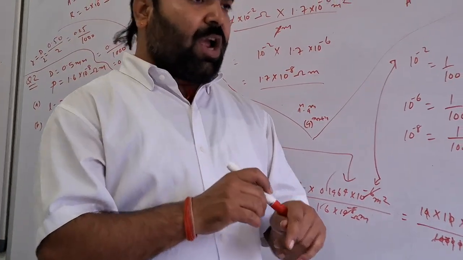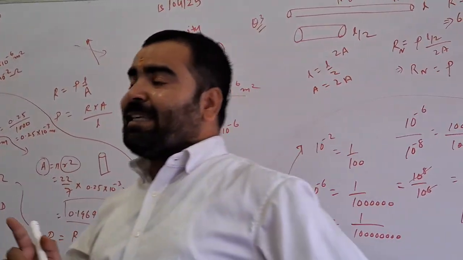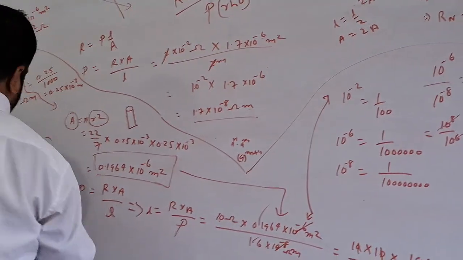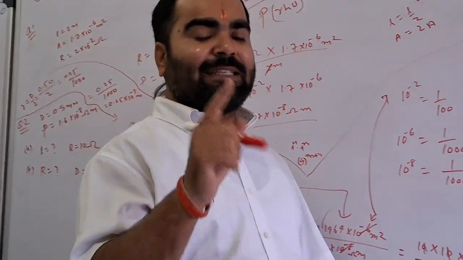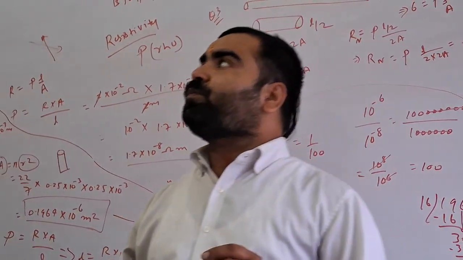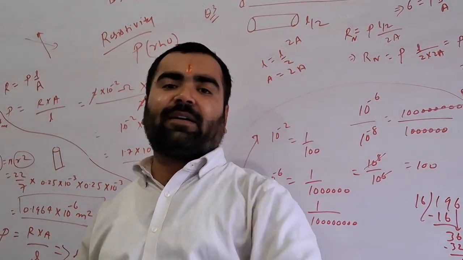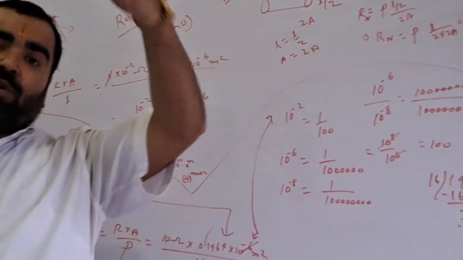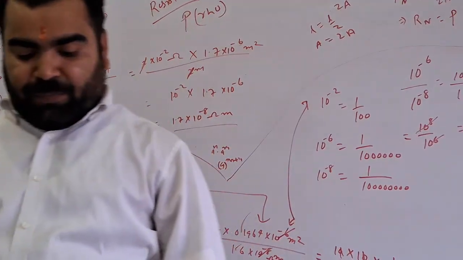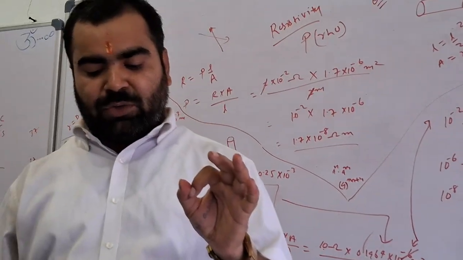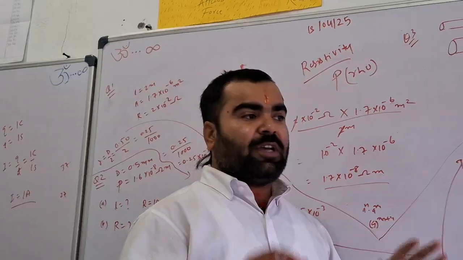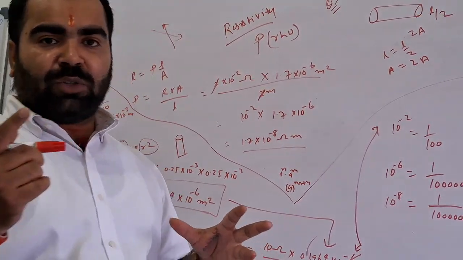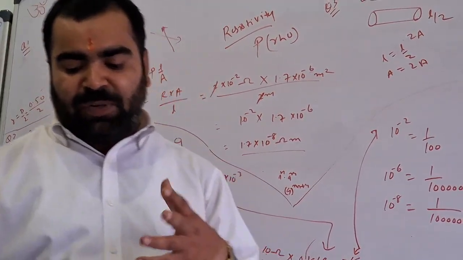See, children. The resistance is inversely proportional to the square of the diameter. Okay, square of the diameter. We know that resistance is inversely proportional to the cross sectional area. Okay, and so it will be 1 by 1/4. How is it, sir? See, the resistance of a wire is inversely proportional to the square of its diameter. The resistance of a wire, conductor or wire is inversely proportional to the square of its diameter.